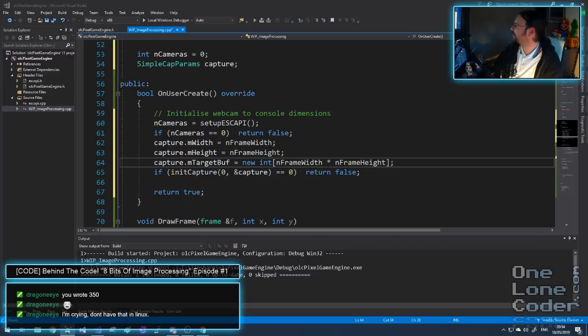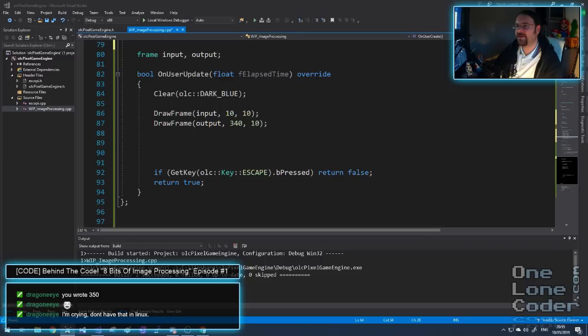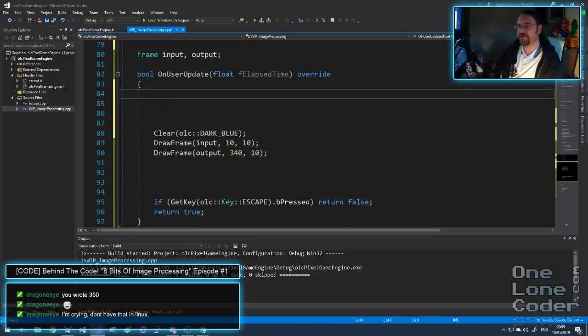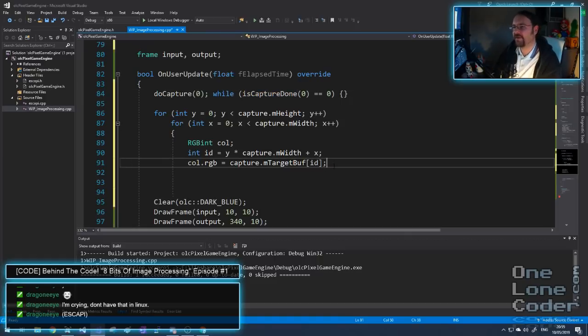Let's have a look. Where did I capture the frame? In fact, capturing the frame is a little bit of a mess by the looks of it. I'm just going to copy that bit because the rest of it's all console stuff. So in my onUser update function, before we draw stuff, first thing I'm going to do is capture the frame. So it's do capture. We've just set it all up with the width and height and things. That's fine. And then I've got this nested for loop,